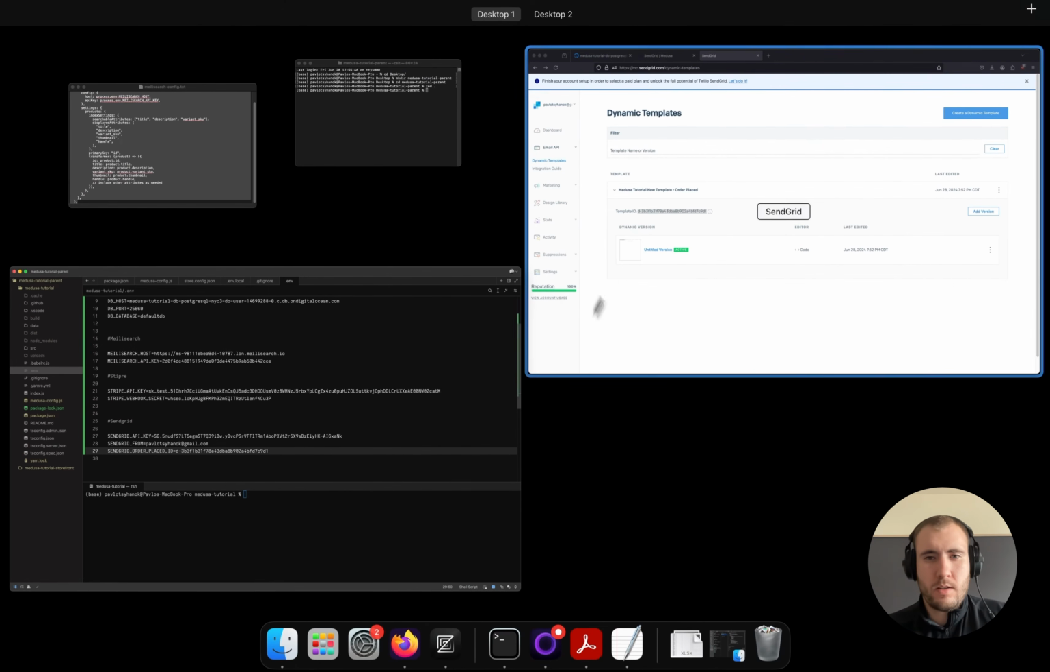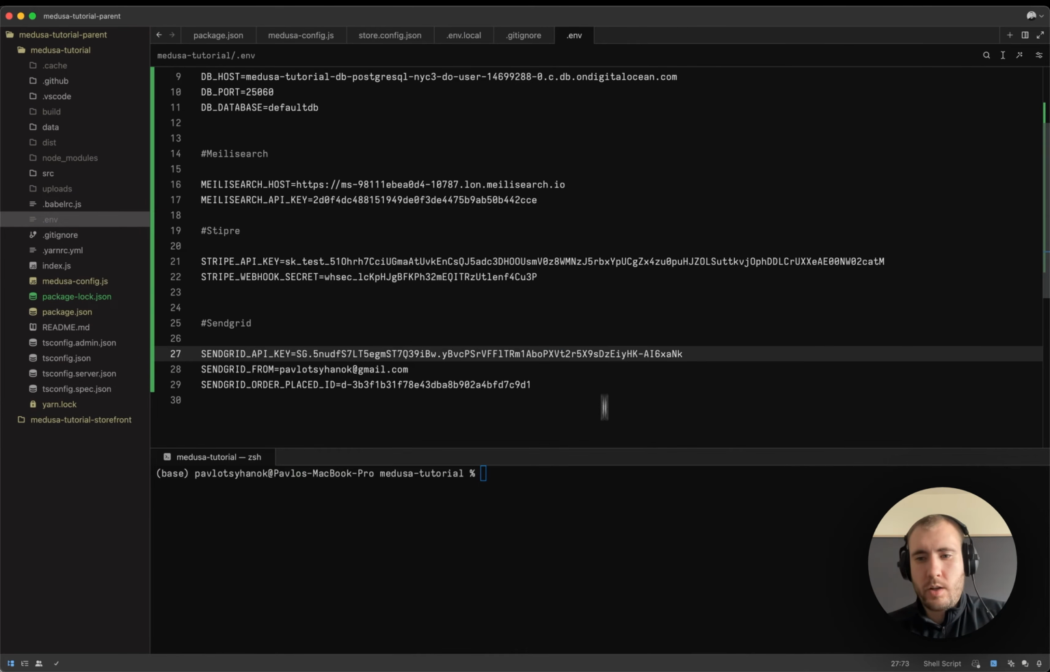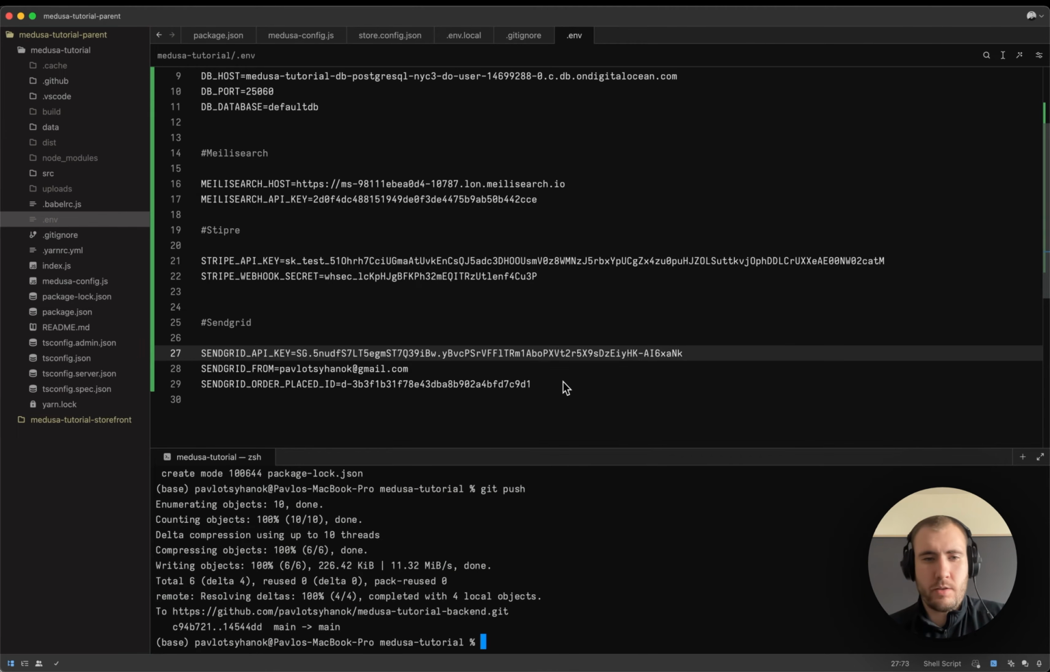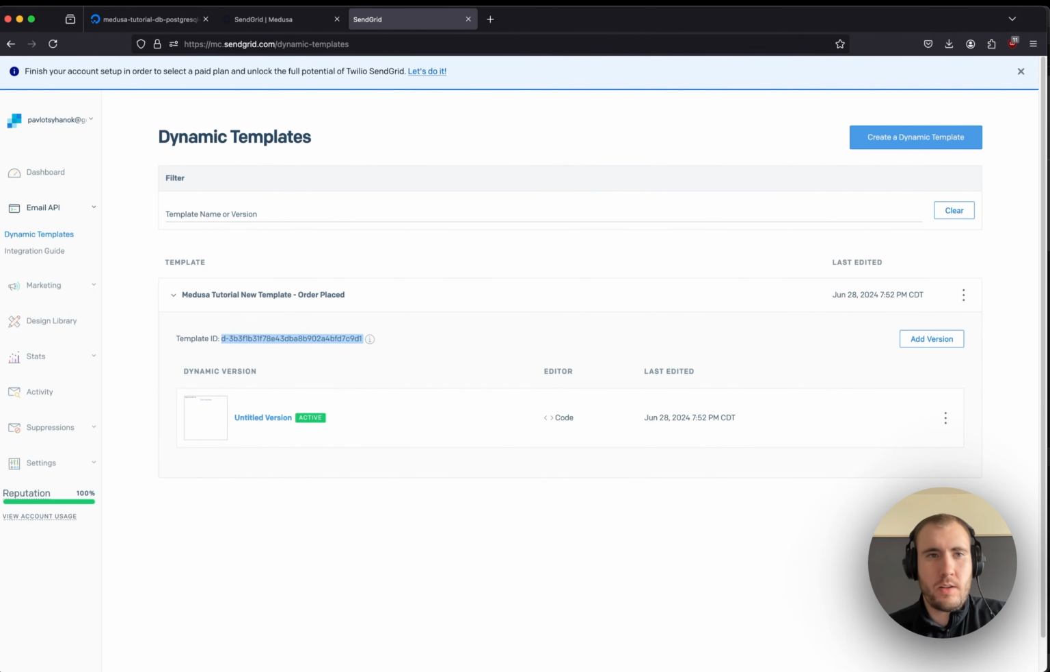So once that's complete, we can commit our backend server code to our GitHub. So I'll go git add root, git commit, and git push. While my repository is being updated, I'll copy all these environmental variables, and I'll come back